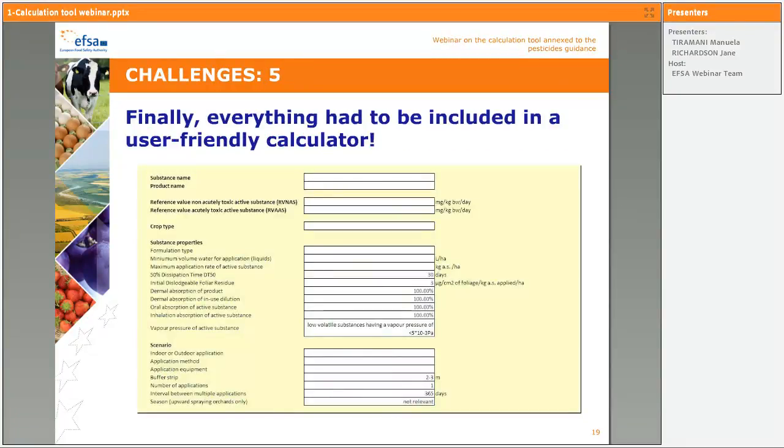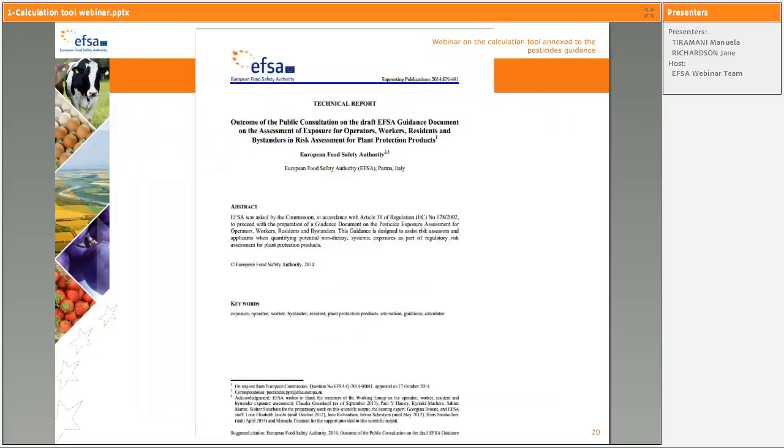This is what the calculator looks like. We will see later on with Jane how it works. And I would also like to remind you of the need of checking the calculator, using the calculator together with the guidance, but also you might find very useful information in the technical report